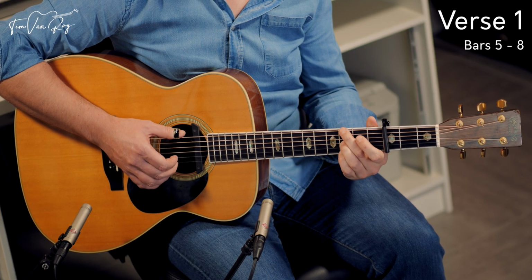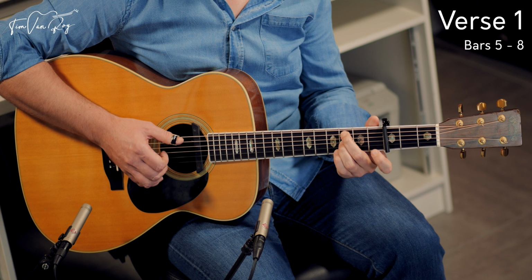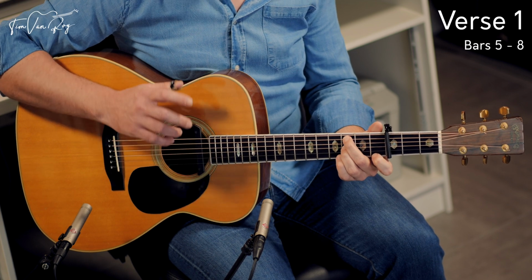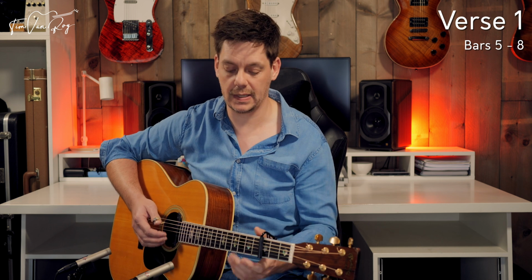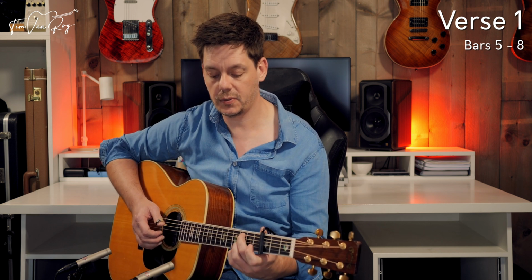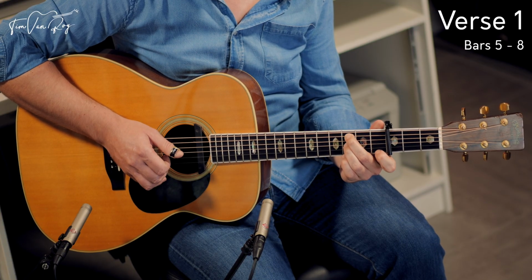1, 2, 3, 4, 1. And now for the next section, this is tricky. This is how you get closest to Chet's original melody, but I'm going to show you an easier alternative in just a second. So we hammer on to the 1st fret with the index finger,